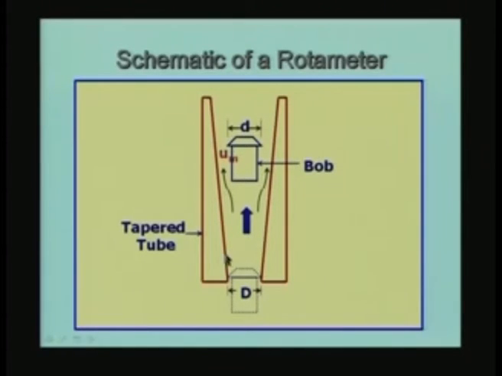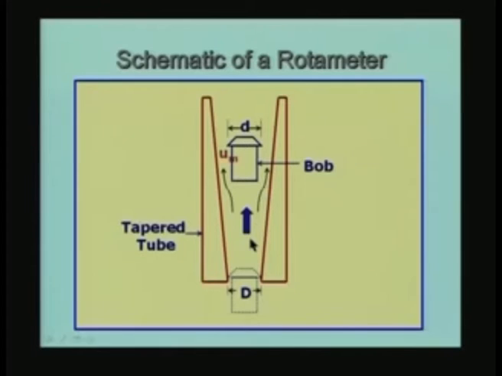So, how does it work? Just imagine that the bob is in some location, and this location is measured from the bottom here. So, y is measured in this direction from here. So, the bob is at some location, and you can take this position as the corresponding y.